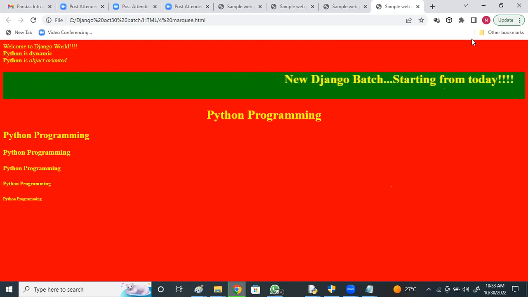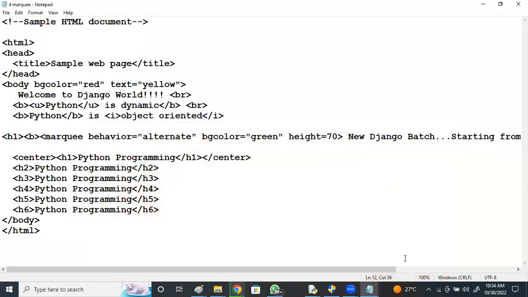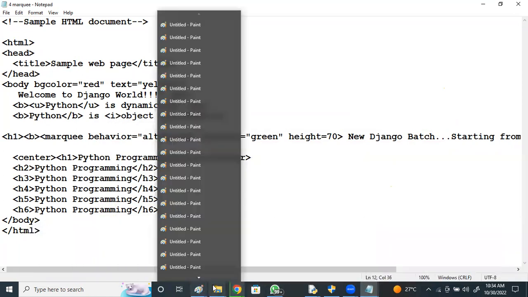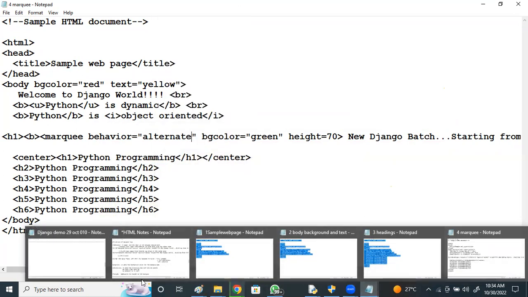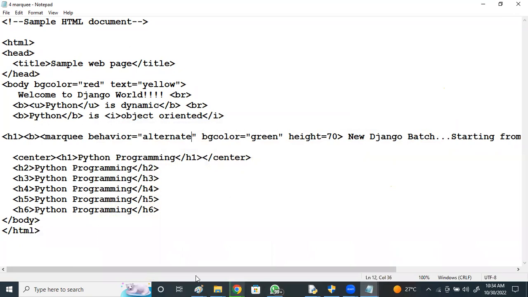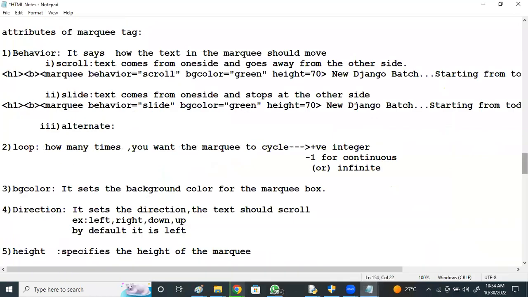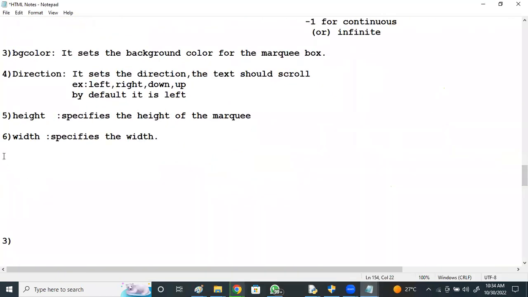One more thing is scroll delay. Somebody asked about the speed, how much you want.